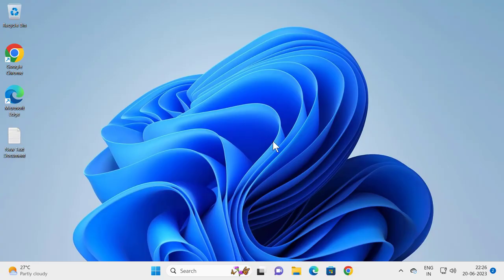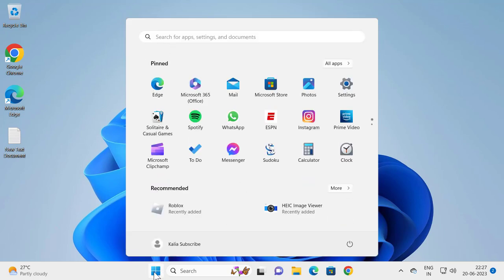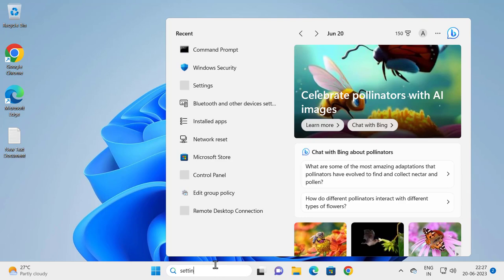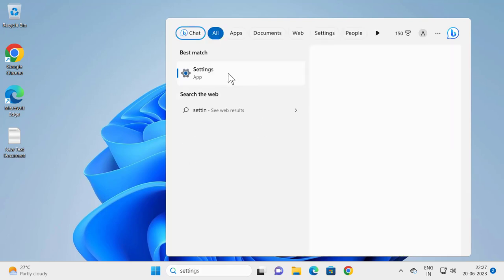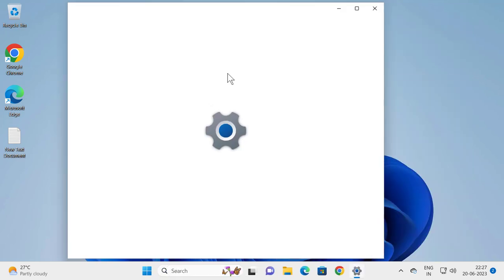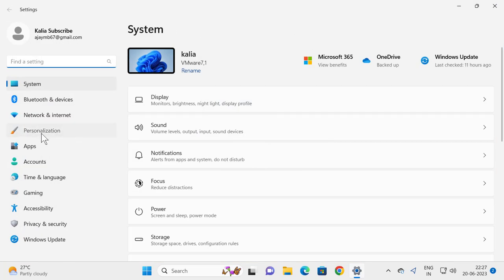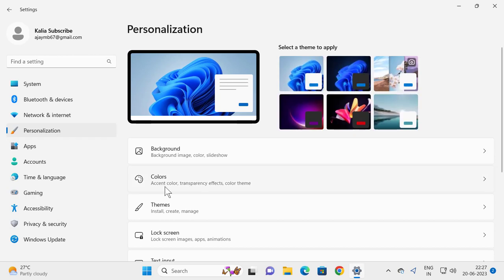Today we are going to see how to add a custom color theme to the Start menu on a Windows laptop computer, guys. Let's jump straight into it and go to the search menu and type settings. Open it. On the left side you need to select Personalization. On the right side select Colors